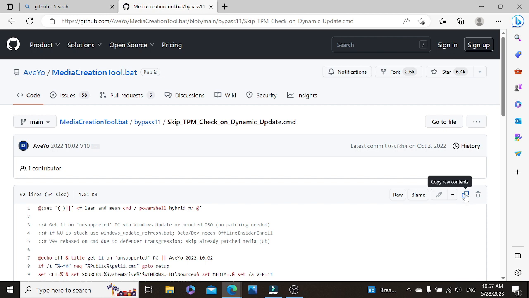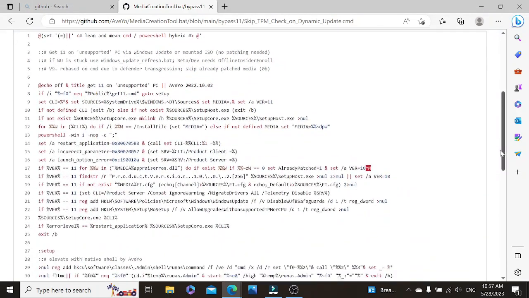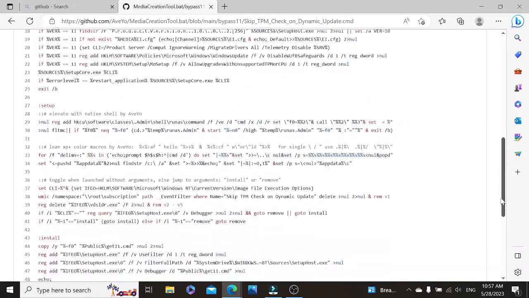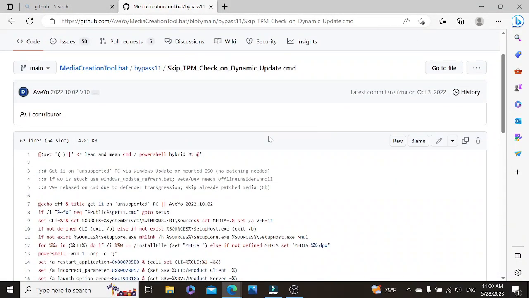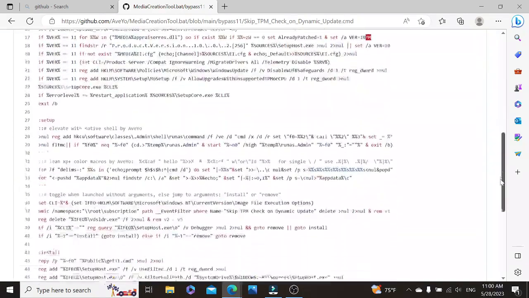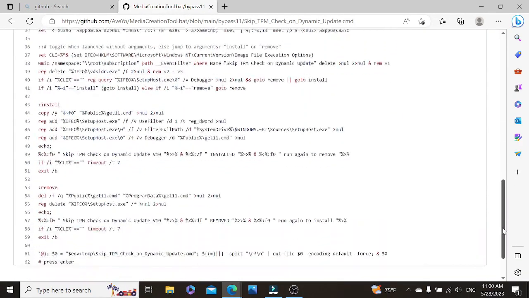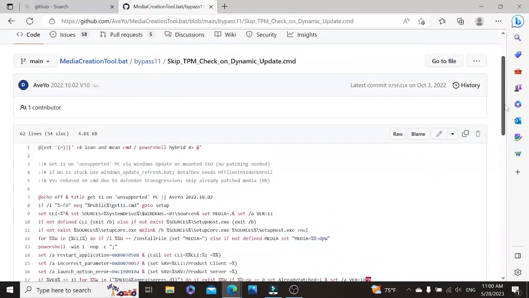So on the right hand side here, we are going to come over here and as you can see, there's copy raw contents. We want to click on that so that we can get it copied. It's going to copy all this code that you see in front of you. So once all the code is copied,